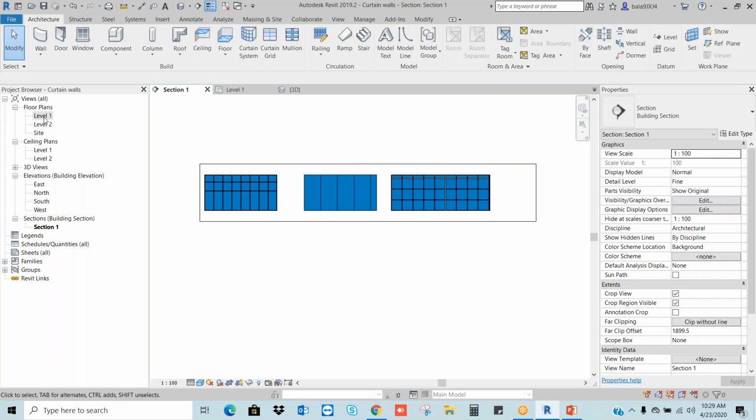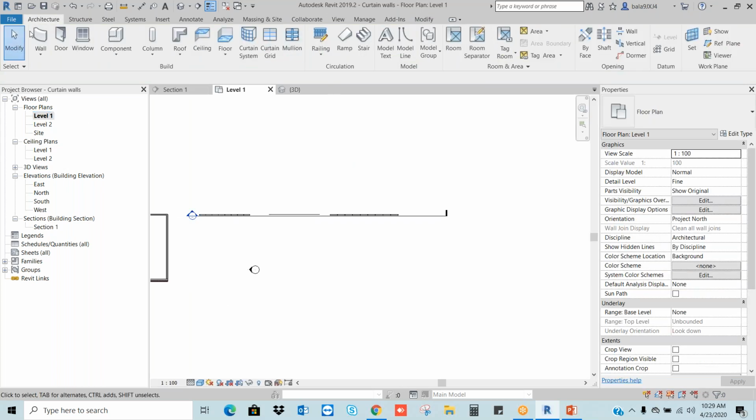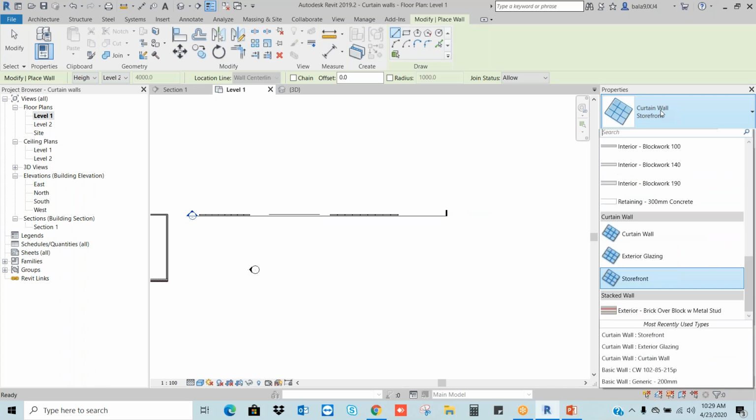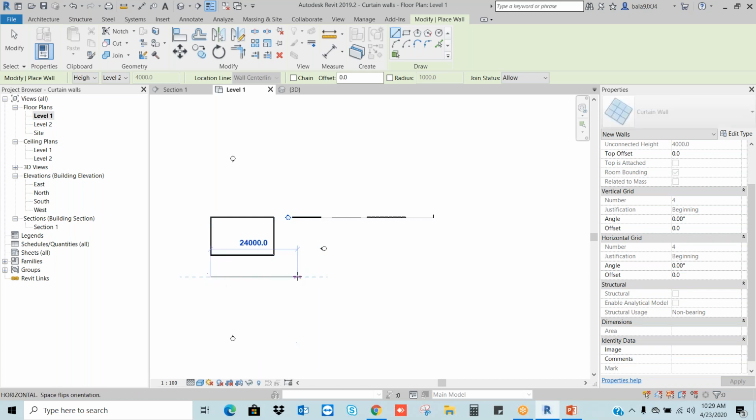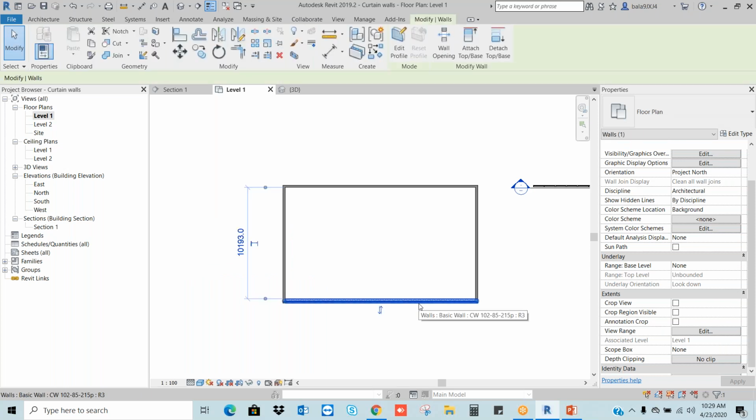For your better understanding, I am going to draw one wall with this curtain. Okay, let's say, for example, instead of drawing, I want to change this wall into the curtain.